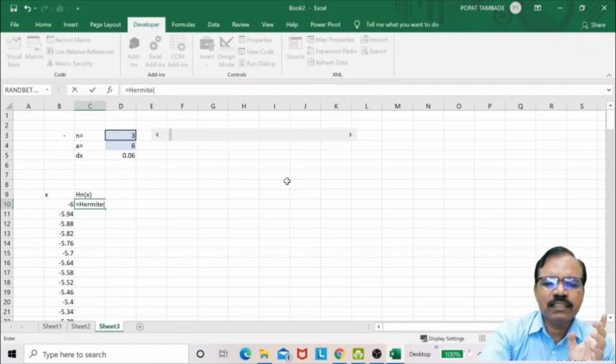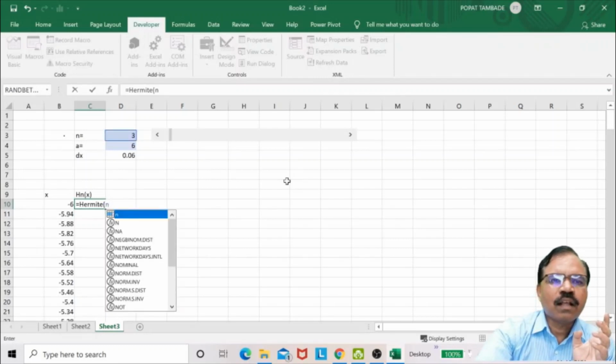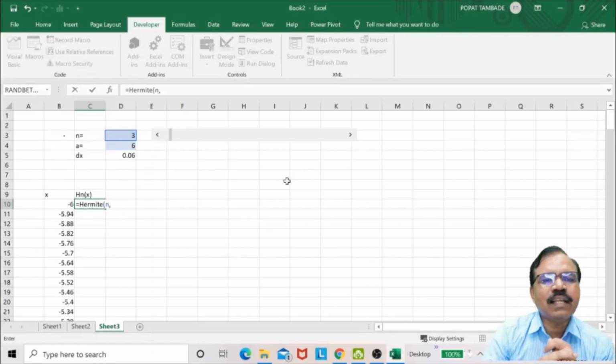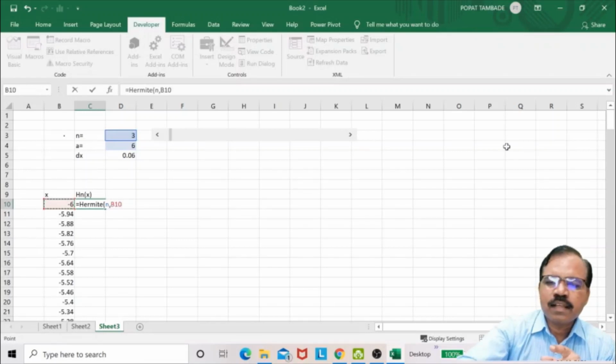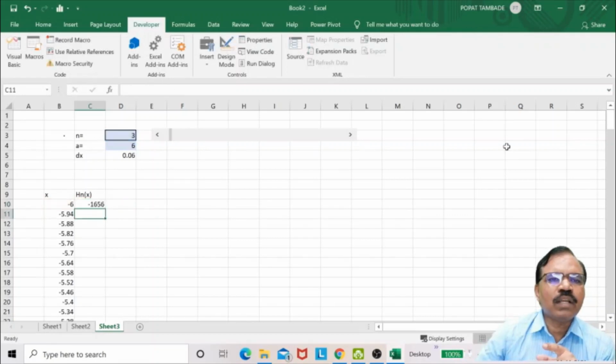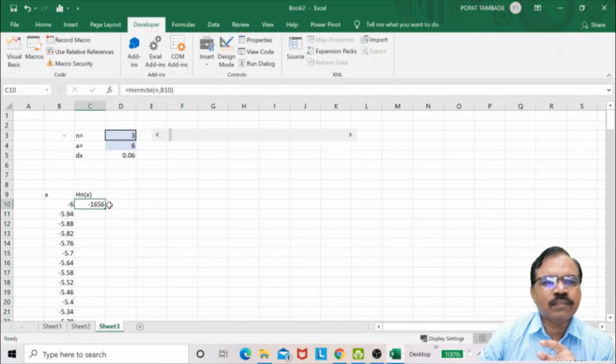First argument is n, that is the cell name I have given there, comma, and then x. So I will take this value of x and close the bracket, and enter. So I got the Hermite polynomial of order 3, this one.